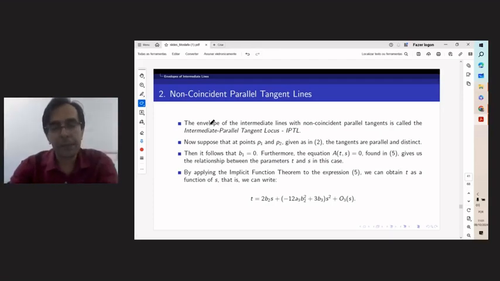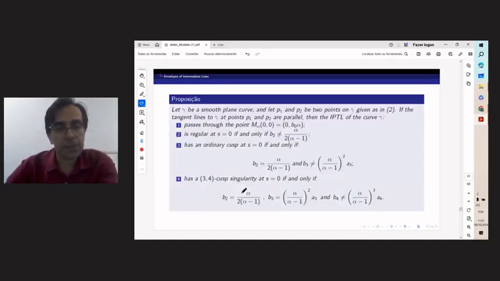We find the family, we find the necessary and sufficient condition, then we calculate the envelope set of this family of lines. And for example, here in this case, we find the relation locally between T and S, and then applying this relation to the envelope,